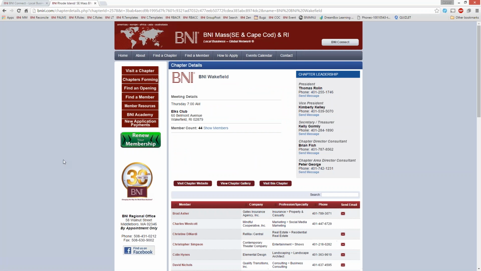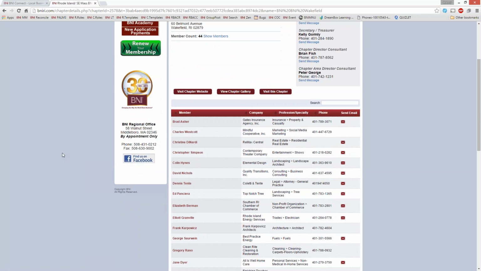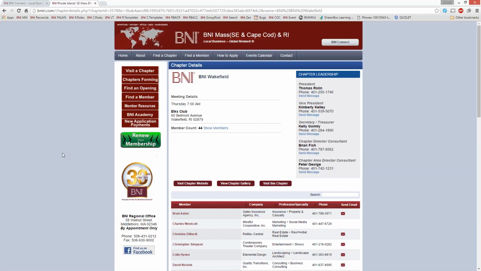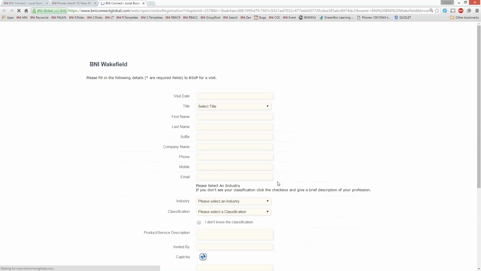They click on that Wakefield chapter, and they can see all the members. They can see their profiles. They can see we have 44 members in that group. They meet on Thursdays in Wakefield. That's a great group that we want to go to. So they can go ahead and click this button that says Visit this